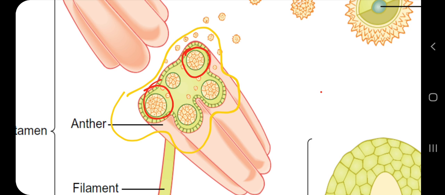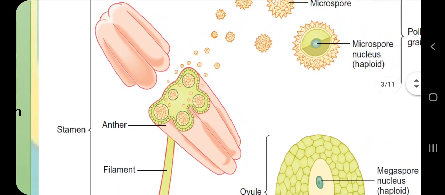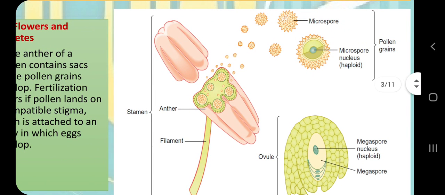Why microsporangia? Because this anther is a part of flower and flower is a part of sporophyte, which is the diploid generation, and this anther has these chambers, and these chambers have some cells, this tissue is called sporogenous tissue, and this will give rise to pollen grains by the process of meiosis. So these cells are also called microspore mother cells, because after meiosis when we get haploid cells, those haploid cells are called microspores, and they will give rise to male gametophyte, and here the male gametophyte is pollen grain.